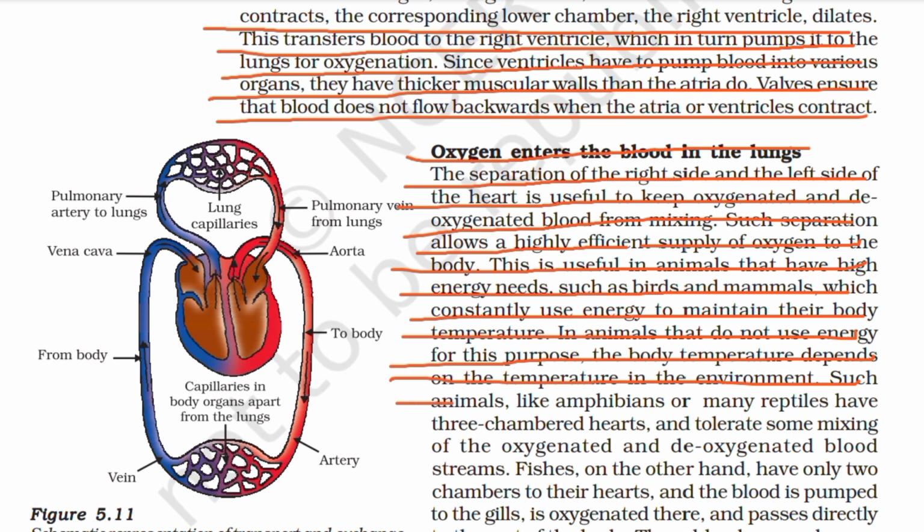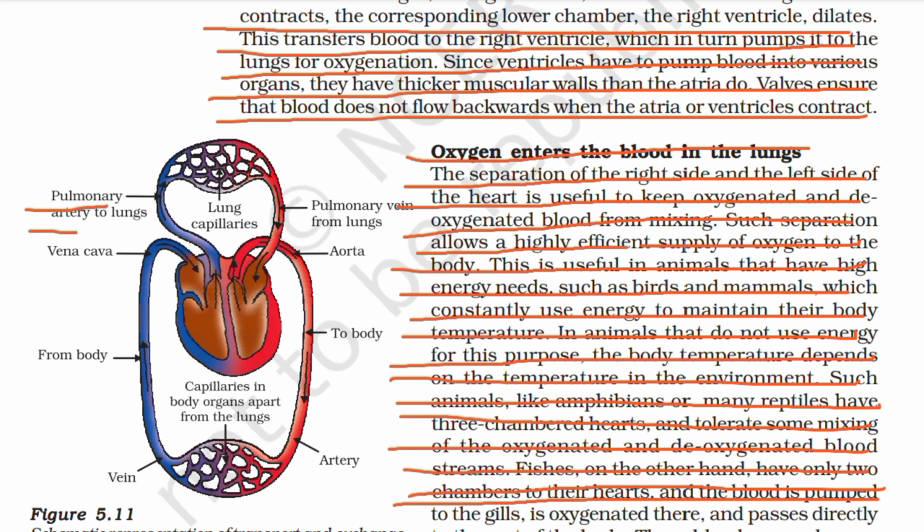Such animals like amphibians or many reptiles have three-chambered hearts and tolerate some mixing of the oxygenated and deoxygenated blood streams. Fishes, on the other hand, have only two chambers to their hearts, and the blood is pumped to the gills, is oxygenated there and passes directly